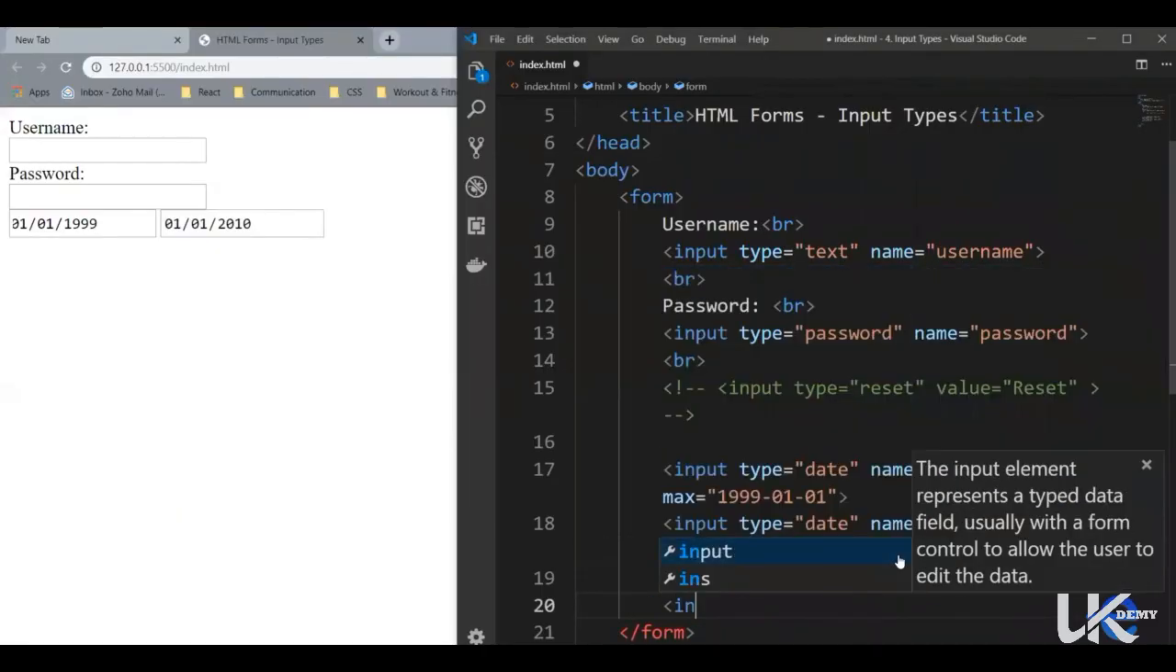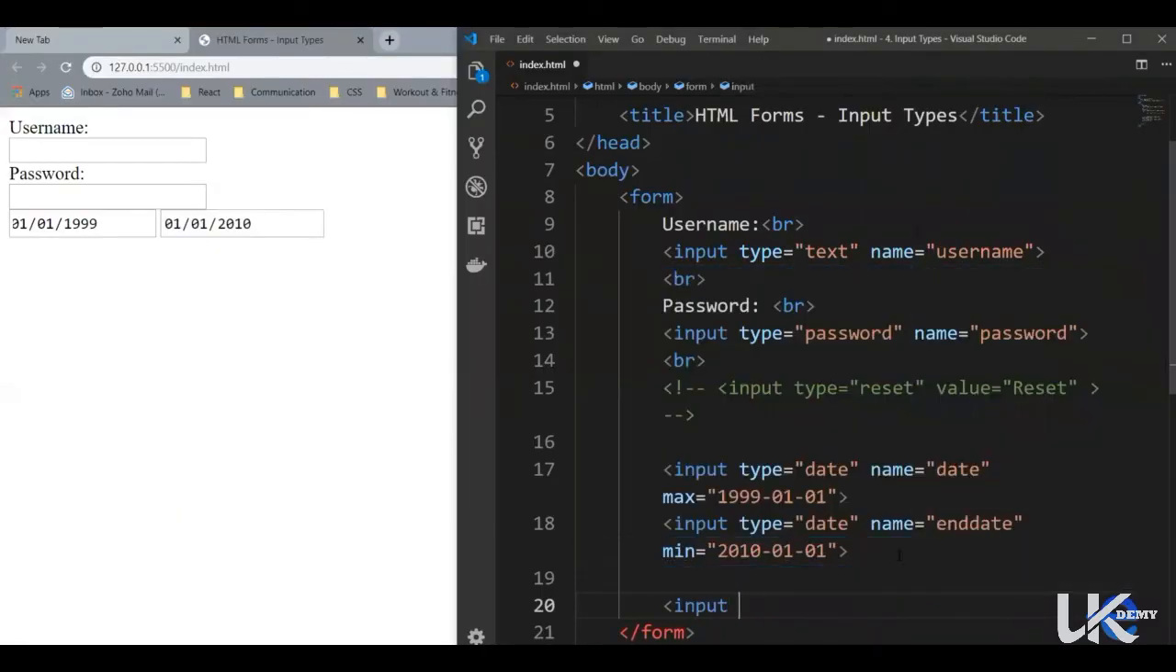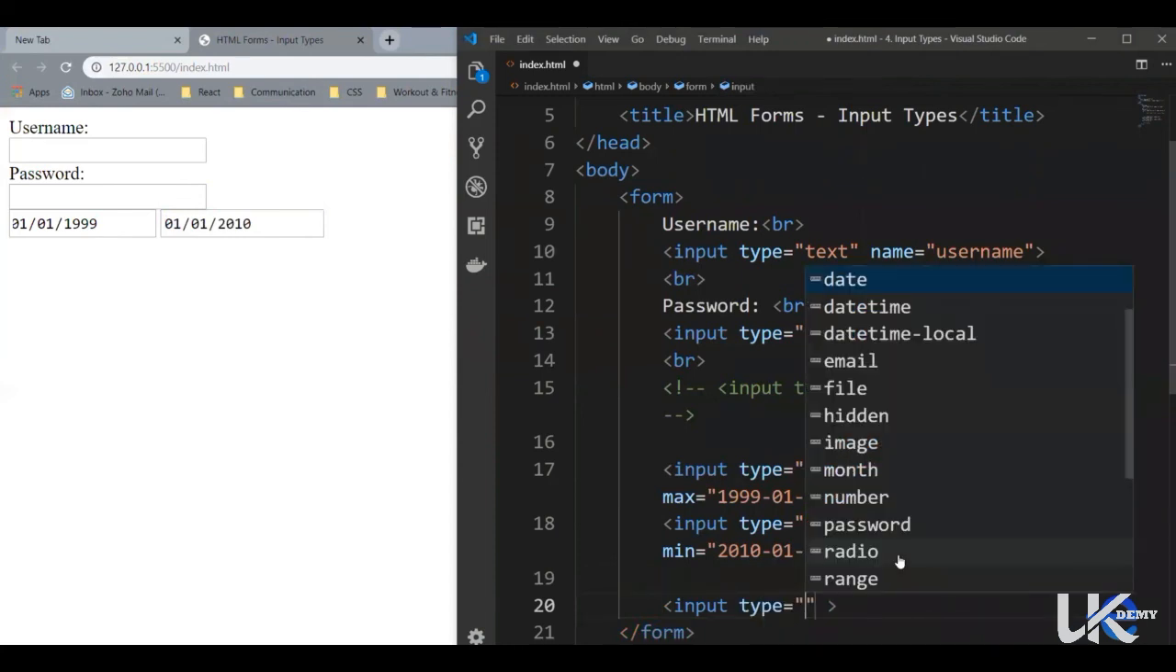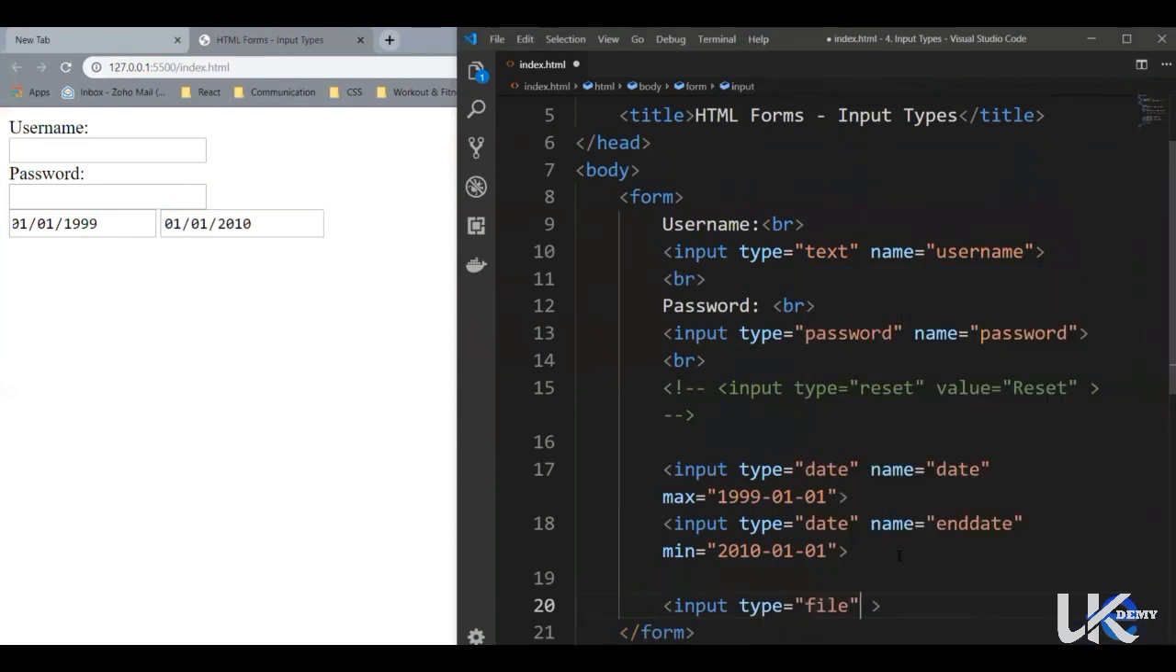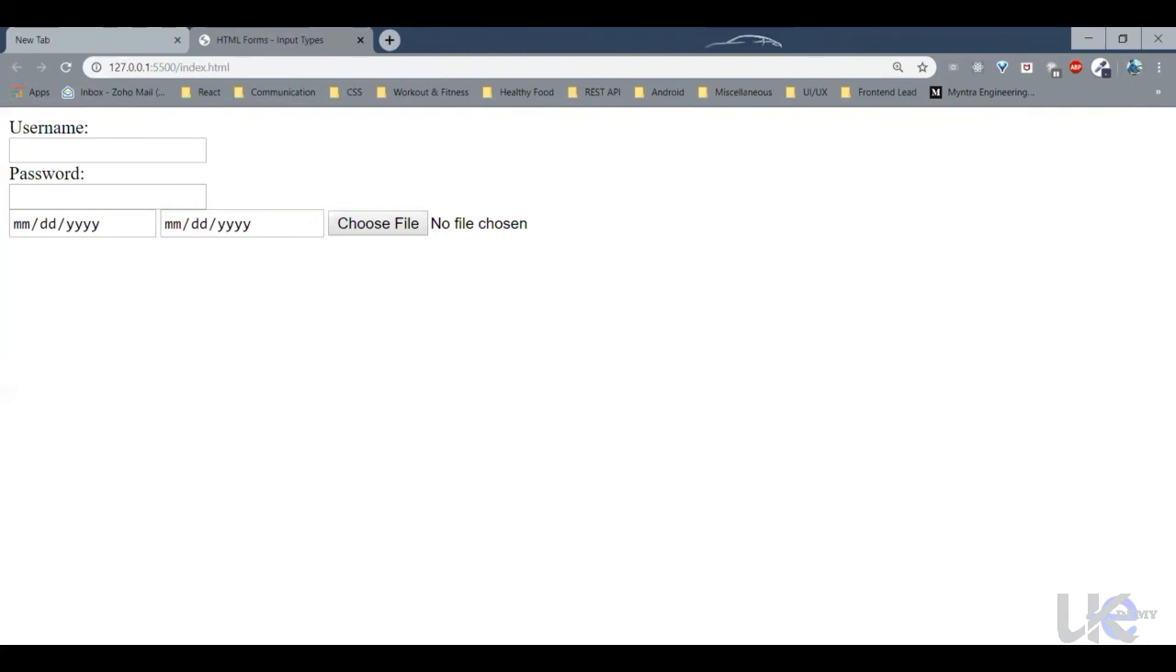So let's add another input element here. Let's give it a type, file. Let's give it a name, say image. Let's save it. Let's bring it on the next line,